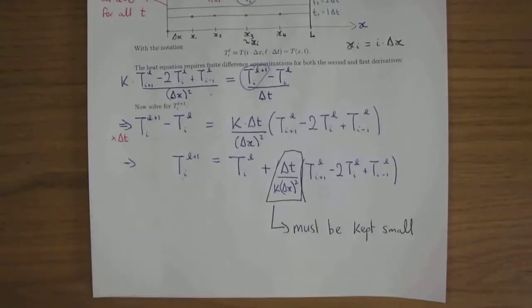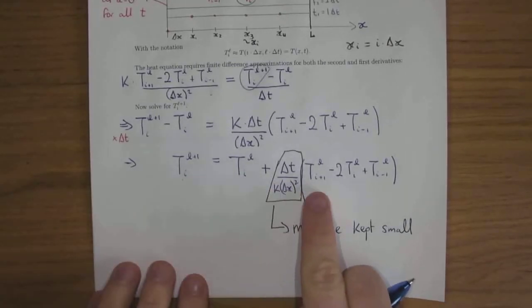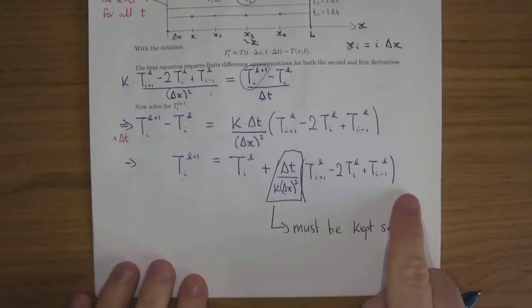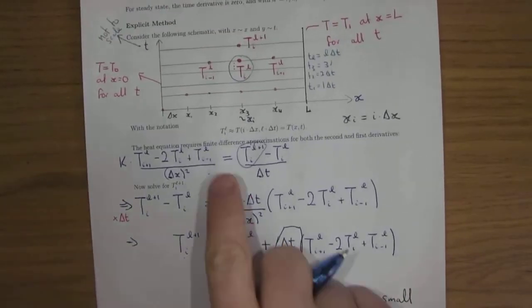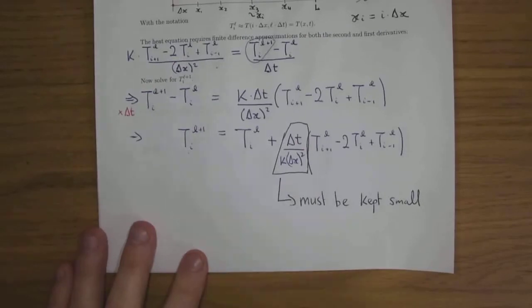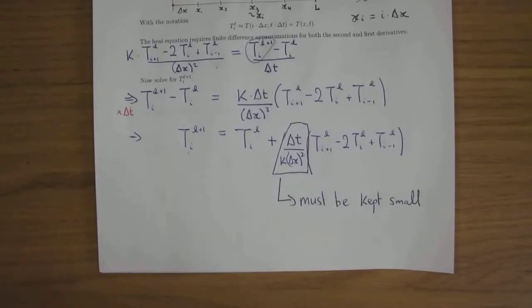Because obviously if that's big, you've got a big step size, you're going to have errors. The second thing to note is in terms of VBA, here you've got new values and these are all old values. And as you go across, what's going to happen is if you write this in VBA code, you're going to calculate new values. That means that in terms of VBA, we may as well write this down,